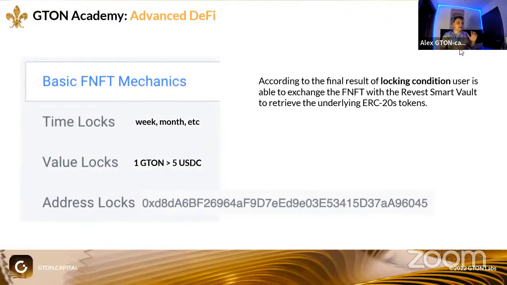You can lock your assets with a time unlock, right? For example, after 1 week, months, or whatever. It is very interesting for vesting. For example, if you're going to raise some funds and we have a VC raise, it's always connected with vesting, right? So you can basically allocate some funds in the form of FNFTs with different terms for how those will be unlocked. But one of the most interesting things is value lock, because you can design not only by the time lock, which is a standard vesting contract. You can actually design it as a value lock.